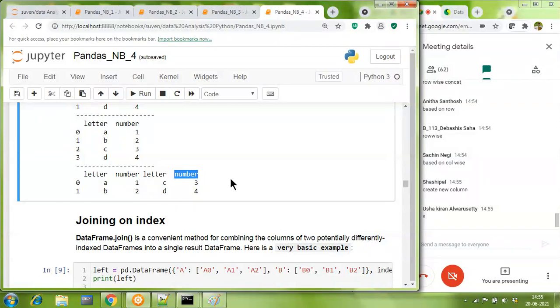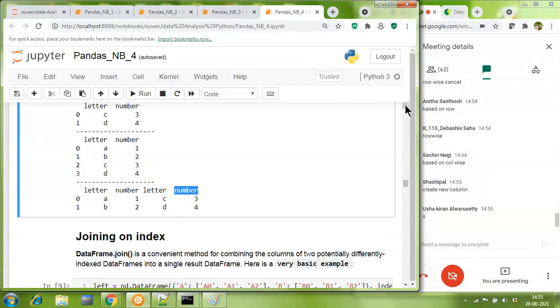Tomorrow if I want to use it for sorting or for shuffling, for creating a sample, oh my god, I can't do any operation of pandas. Forget machine learning, that is a very distant matter. You can't do much with this data frame because it has two columns with the same name. I'm just bringing you to a problem state, which we will solve as time goes.